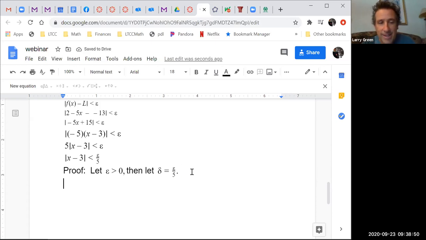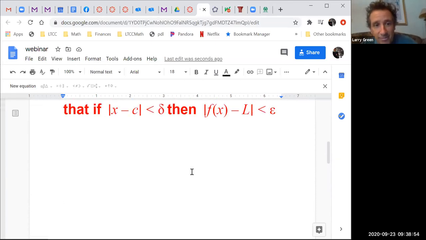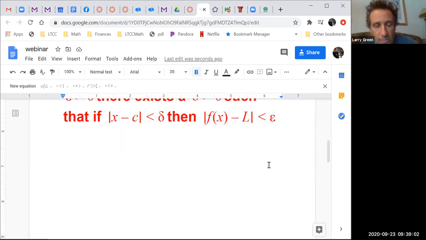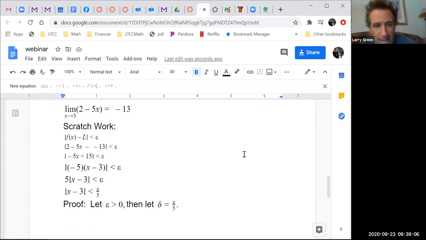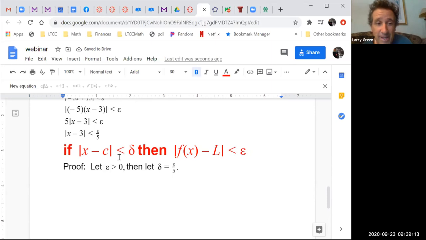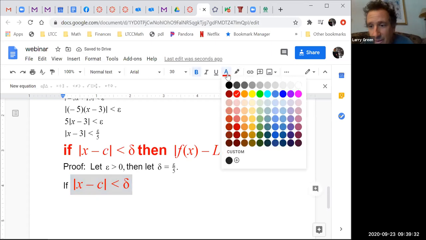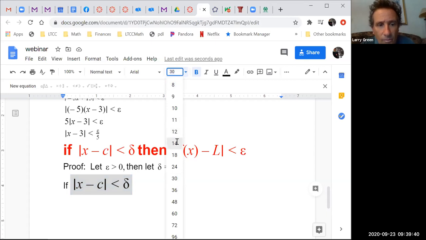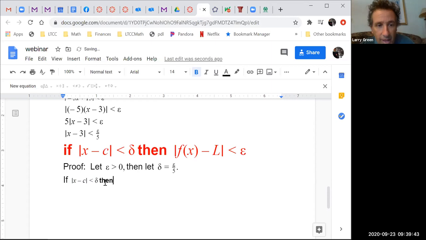Okay, now I need to go back to the definition. In fact, maybe I'll copy and paste that so I know my goal. Keep it in big, bright red. There's our goal. Our goal is to say if the absolute value of x minus c is less than delta, then the absolute value of f of x minus L is less than epsilon. So right now, if the absolute value of x minus c is less than delta, then